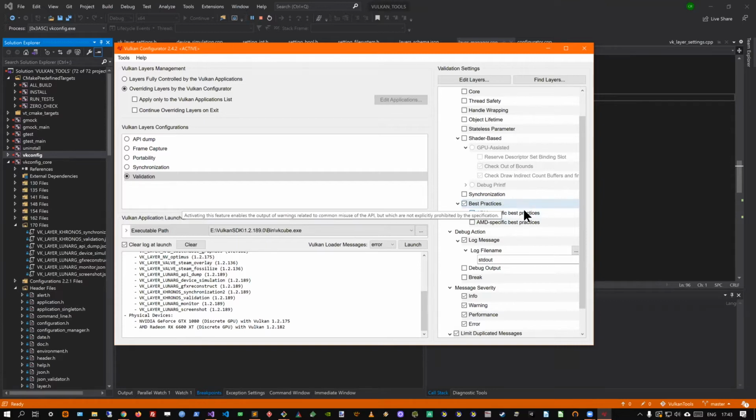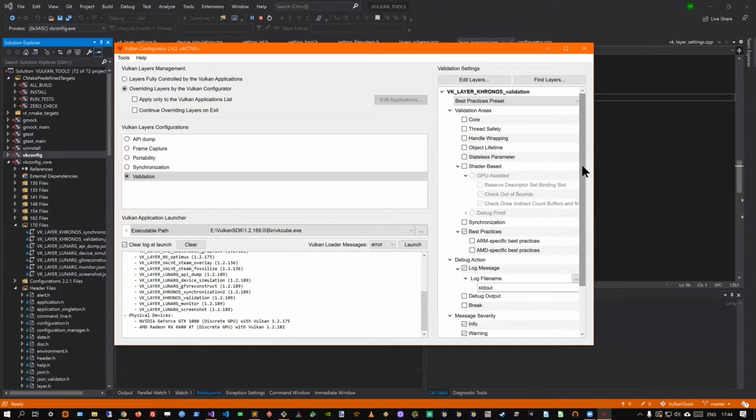But probably there could be some improvements. And what's nice is that two vendors added their best practices. So if the validation layer sees that there is, for example, some AMD best practice that is not followed, we will see a message in the log.